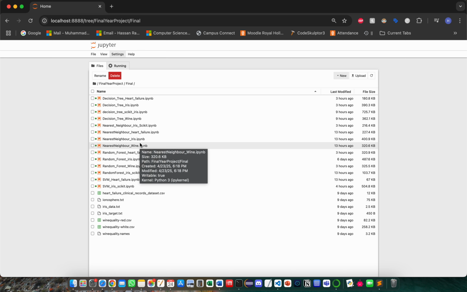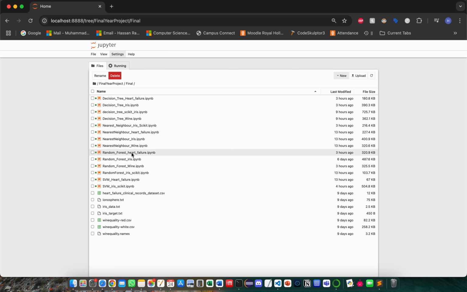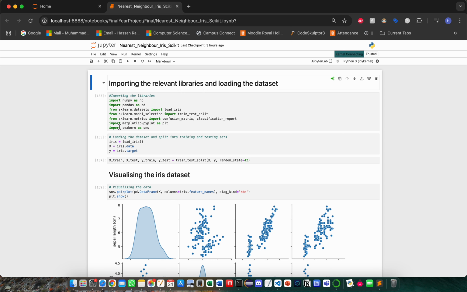So let's begin. First, we'll be going through the nearest neighbor. I'll show you how each one runs. So we open it up. We run this through Jupyter Notebook. So here I have my Jupyter Notebook where you can see it's the nearest neighbor algorithm running on the iris dataset